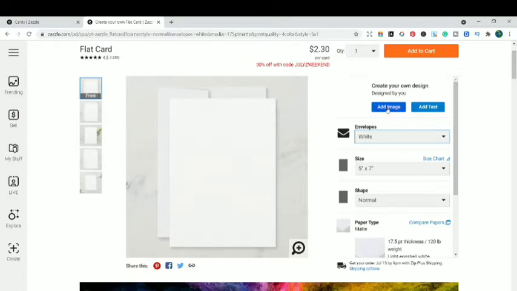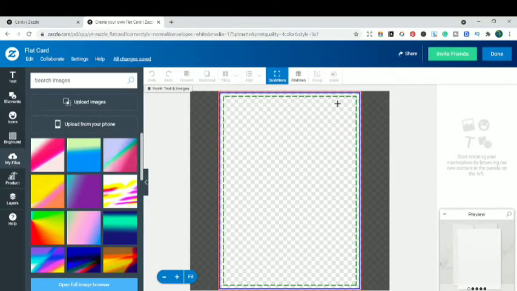So I'm probably going to go to the add image area because we need to design our card. You can simply go to the text area as well. Now here are a bunch of options. Just giving you a quick intro about the designer tool in Jazzle, because I've touched on this tool a lot of times in my videos. You can check out the complete playlist. But here is the text. You can add the text from this area. You can add the elements, the icons, the different kinds of backgrounds. You can upload your own files, your own images and graphics from the My Files option. Then go over to upload images and upload from your computer or from your phone as well.